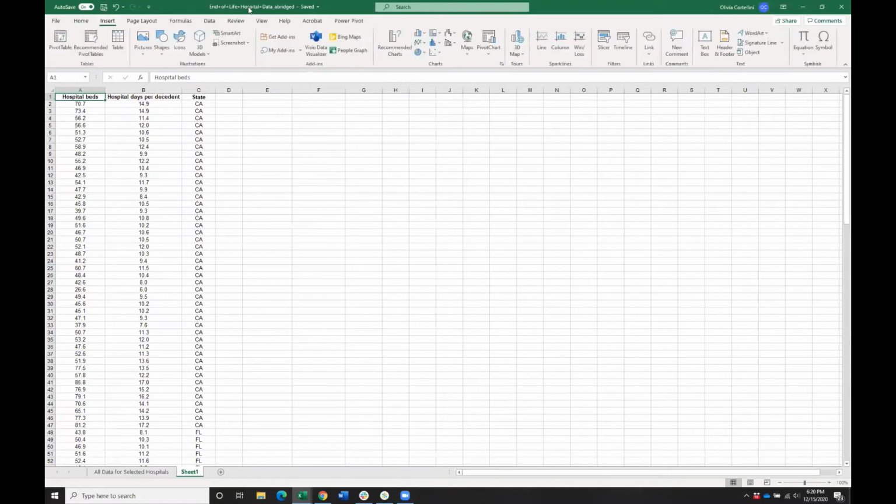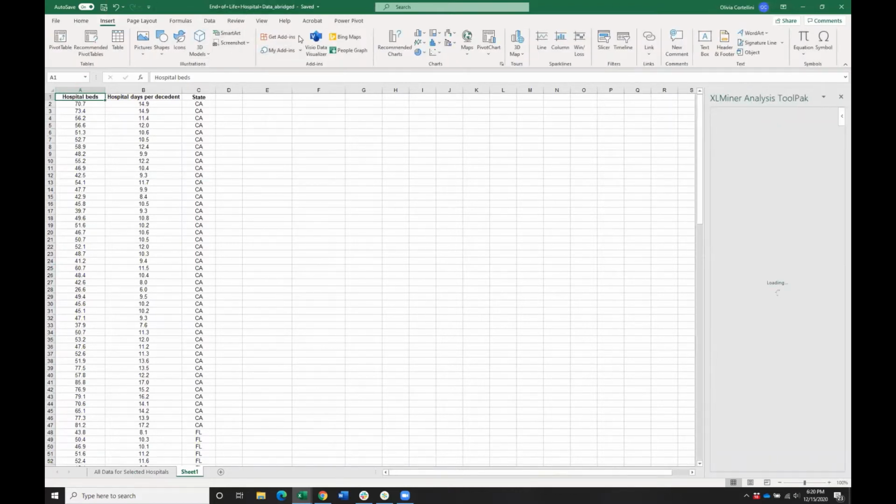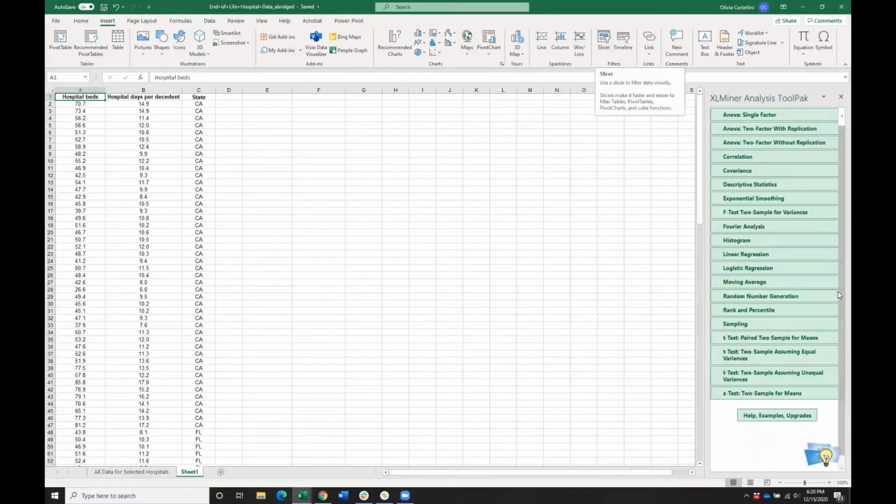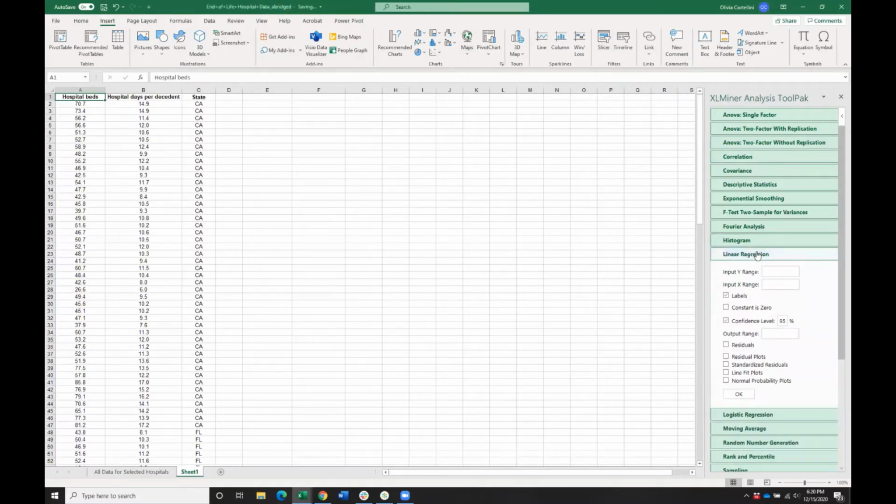So we're going to open our data analysis tool pack, and friendly reminder, yours is in a different place from mine probably, but you also probably figured out where it is by now. The Y range is going to be whatever variable you're trying to predict. Hint, hint, in your paper, that's pretty much always going to be days per decedent. So I think every regression you run, you're probably going to want to put the days per decedent variable in the Y column. So you're going to want to click in the box,